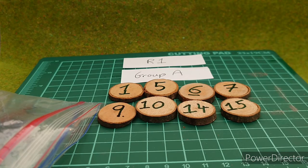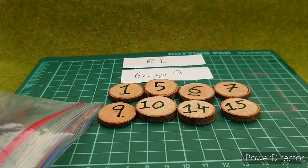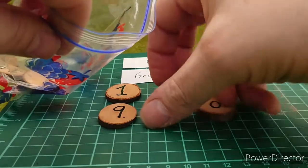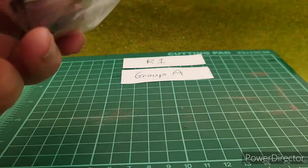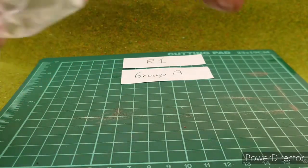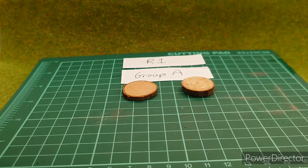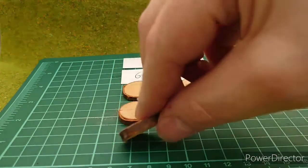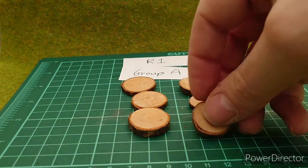Round 1, Group A, first round matchups. As you can see, the cars have been arranged in numerical order: 1, 5, 6, 7, 9, 10, 14 and 15 are the 8 competitors in Group A. Then face down, the ones on the left are going to have lane choice. That one versus that one, that one versus that one,